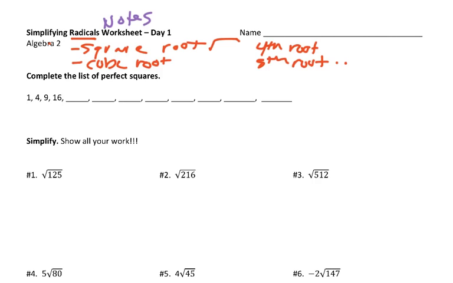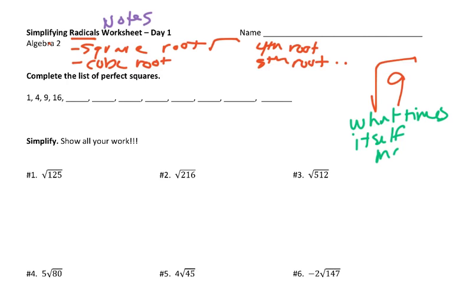So what's a root actually asking you to do? It's saying what times itself will make the number inside. Okay, so what times itself makes that number inside, which is 9. If there was a little 3 here, we would say what times itself 3 times will make that number, and